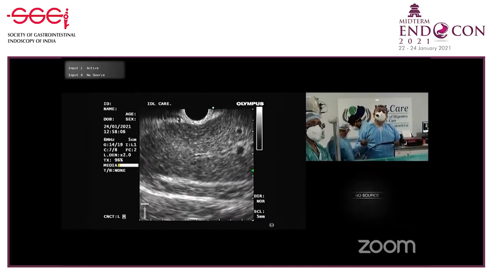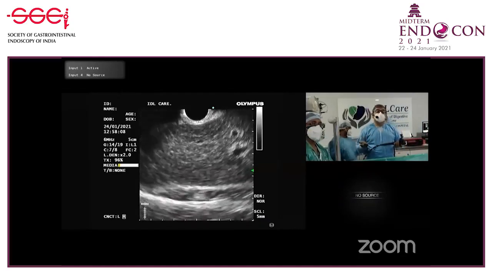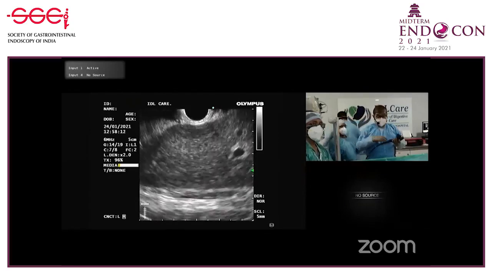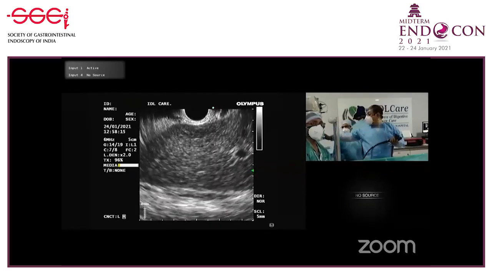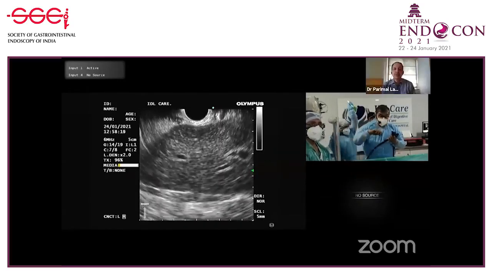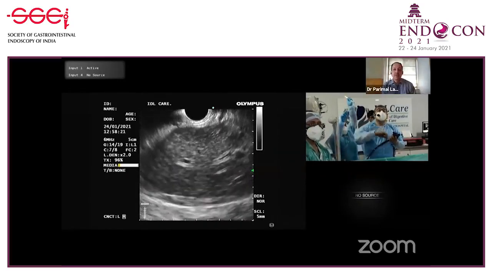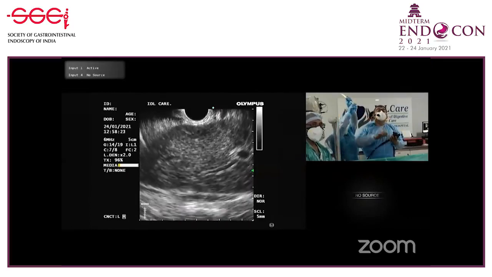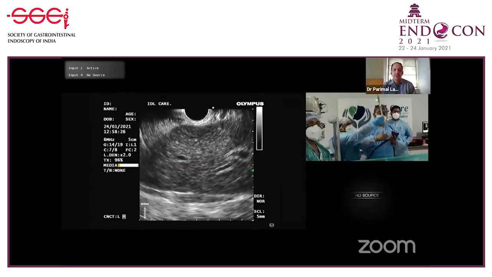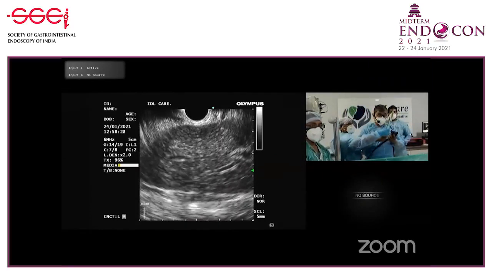It's a very simple procedure. The patient has no pain, and studies have shown that there are no additional complications or adverse reactions. What's your core size? You get a very good percutaneous core with various needle sizes. You get a very good core. Let us see how we get it today.